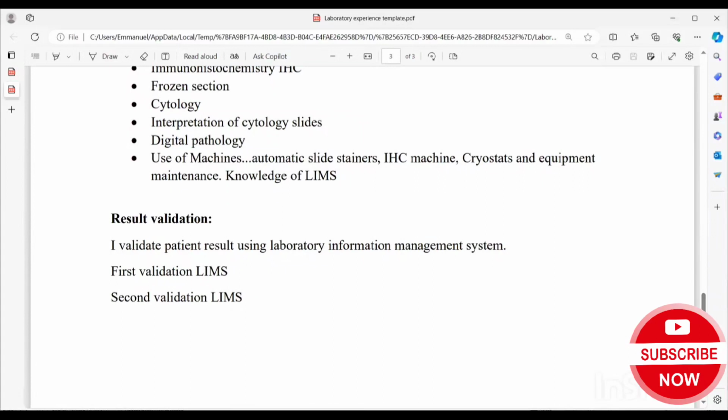Then in result validation, you cannot choose whether you are doing first line validation or second line validation. So in most places, they just use validation. There's nothing like first line or second line validation. But in some places, they do first line validation and second line validation. So what I would say is that if you have worked in many places, try to mention in some places that you've done second line validation and first line validation. That's two-way validation. Or at some places just say I validate results using this or that. If I say using laboratory information management system, that is not specific, so you can mention Cellcentre, Meditech, Telepath, and all of that.